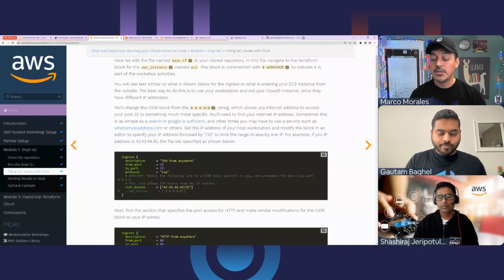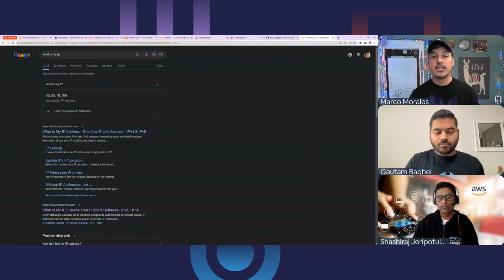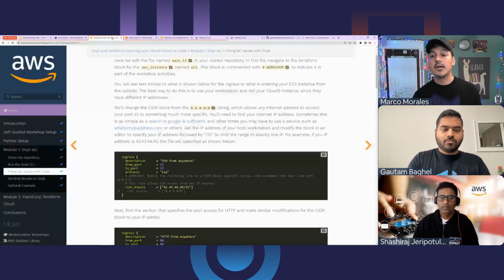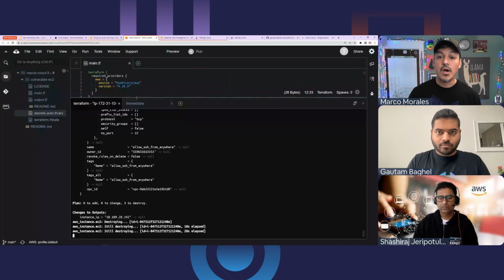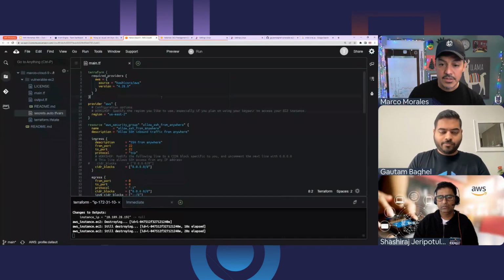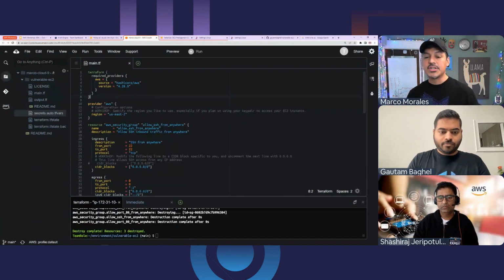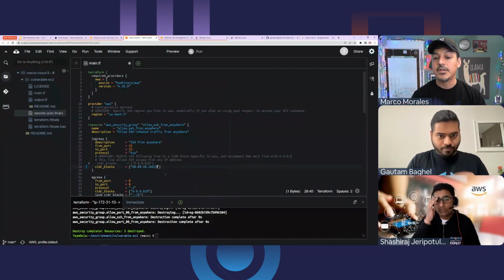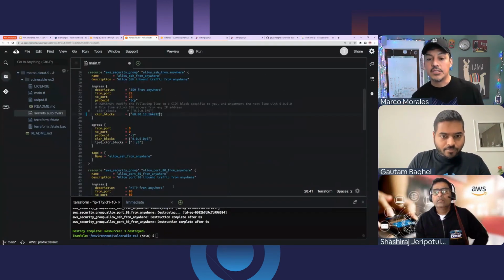One of the first things I'll do is I'll do a what is my IP. If you type this from your computer, you'll see that in this case, Google is telling me my IP address is this. The fix here is that we're going to modify the definition, the infrastructure as code definition, to do something better. So I'll look for allow SSH. So somewhere in my screen, it's line 16. You'll see the CIDR block of 0.0.0.0/0. I know one thing to do is to just replace this with my IP address and give it the qualification of /32.